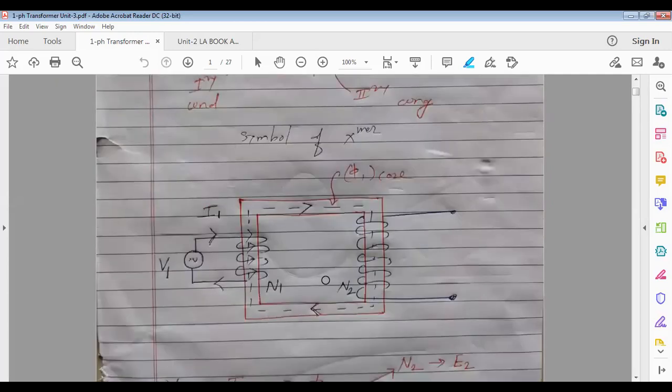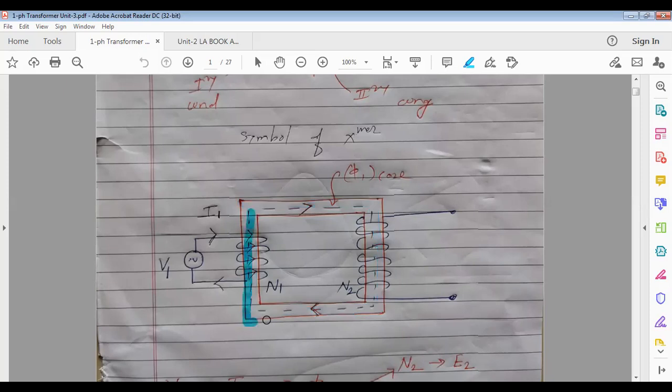Now you can see it like this. See, transformer construction, the major component is its core, the magnetic core. Whatever I have highlighted is called the magnetic core. It is square or rectangular shape. It is made up of silicon steel material. And it is not solid, it is laminated. Why laminated construction? To reduce the eddy current loss. Why silicon steel? To reduce hysteresis loss. Eddy current loss and hysteresis loss, we'll see in detail soon for a transformer.